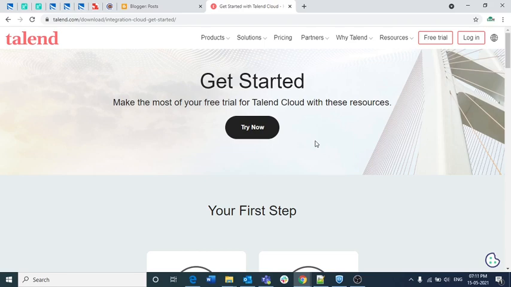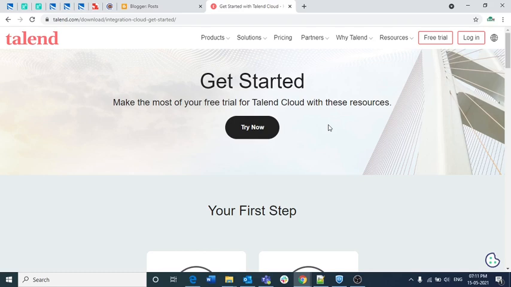And just as a reminder, the trial version will only be available with that particular email for 14 days, and after those 14 days it will ask you to upgrade with some subscription. I think the subscription is very costly for us, but if you want to learn, I suggest you download the free trial and learn it within 14 days, because there is nothing much in Talent Cloud. It all depends on how you configure, publish, connect and give permissions to the users.